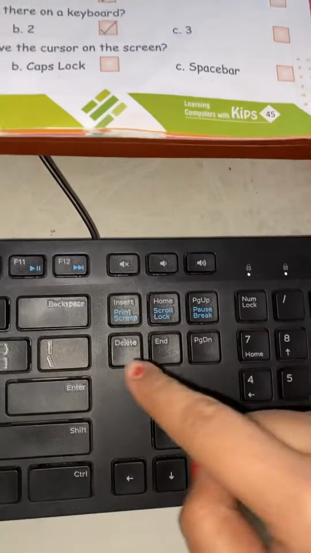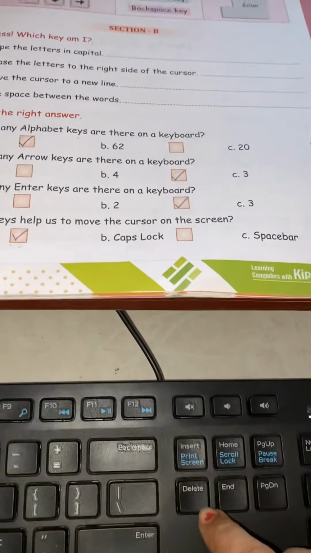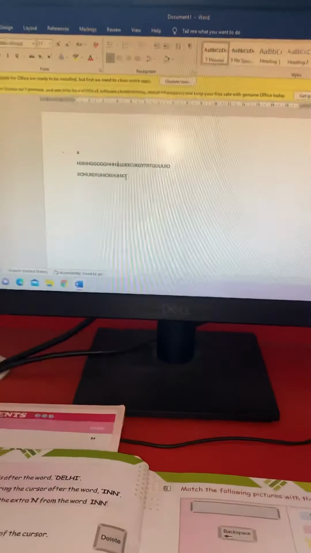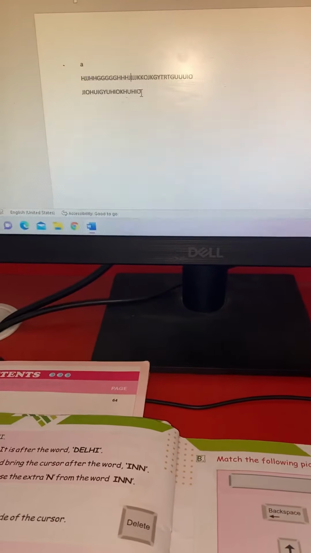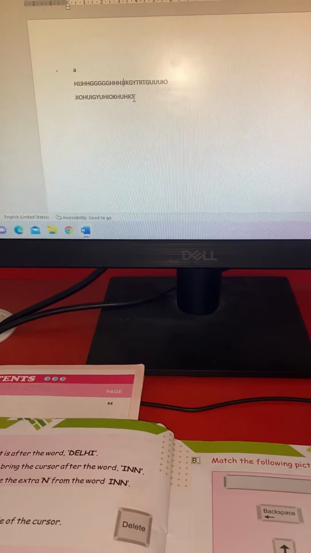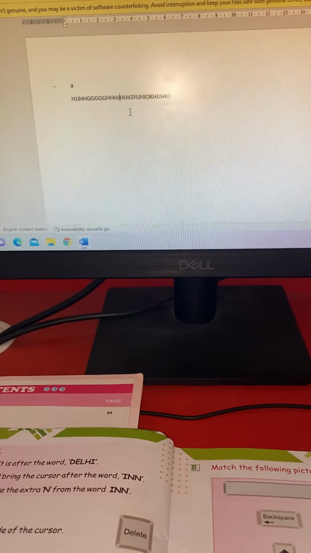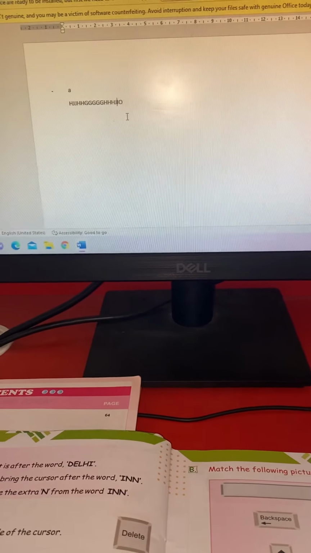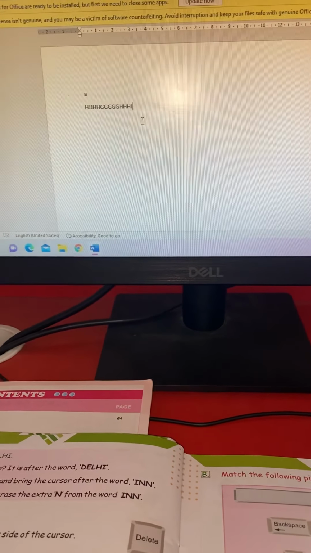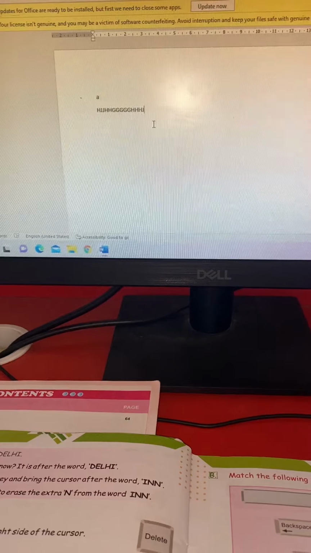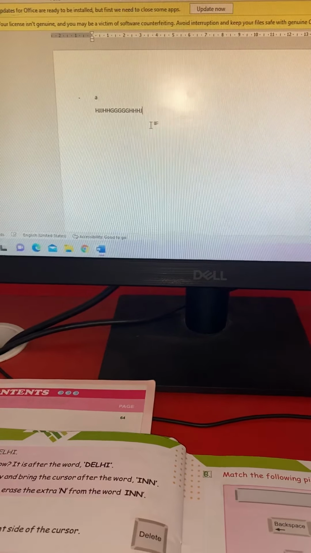See, the delete key is available here on the keyboard. When I press this key, see which letters are being erased. It is erasing the letters towards the right of the U alphabet. And the backspace key was erasing the letters to the left.